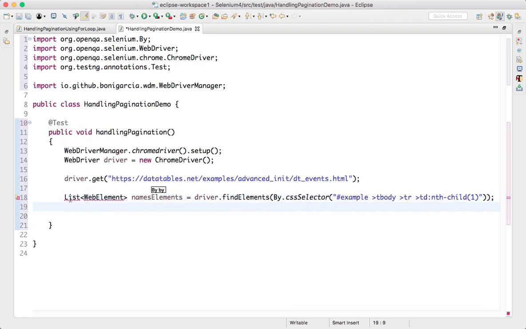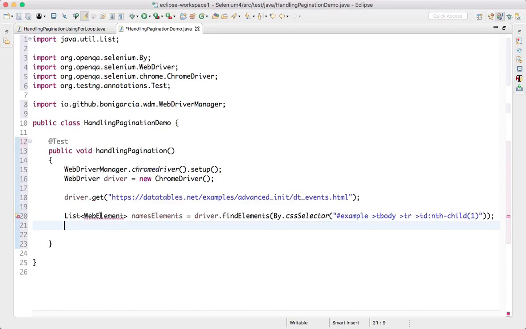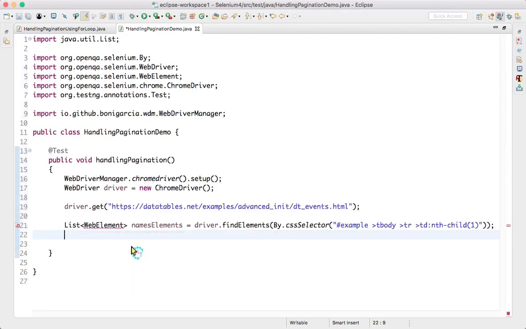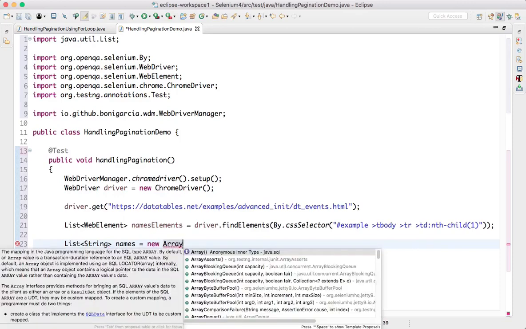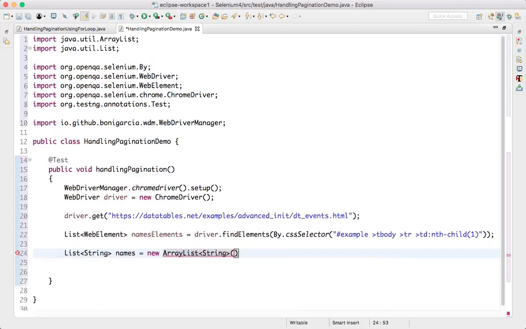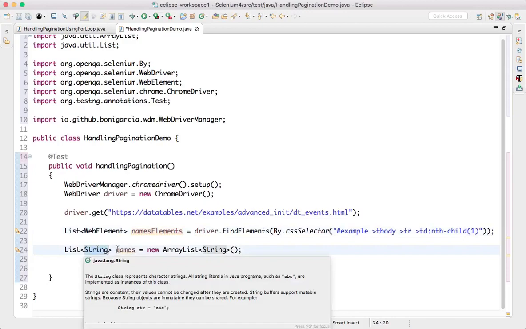I need to import List from java.util, and likewise WebElement from Selenium. When you capture, you want to store somewhere, so I'll take another empty list called names, initialized as new ArrayList. Whatever I capture here, I'll store in this list.